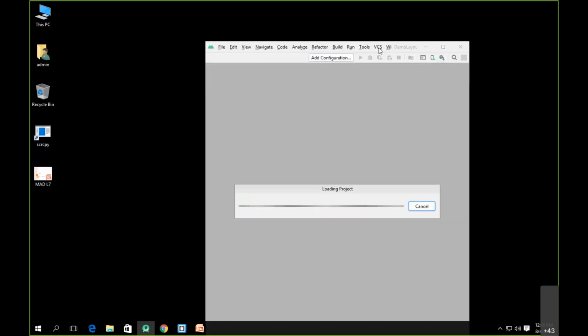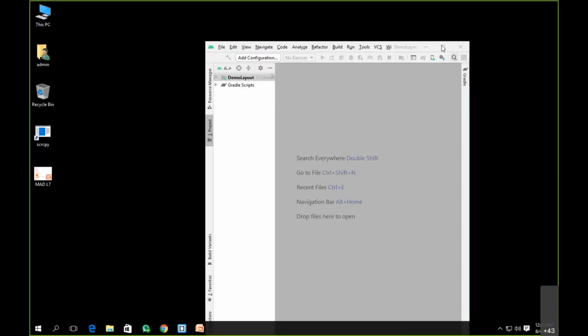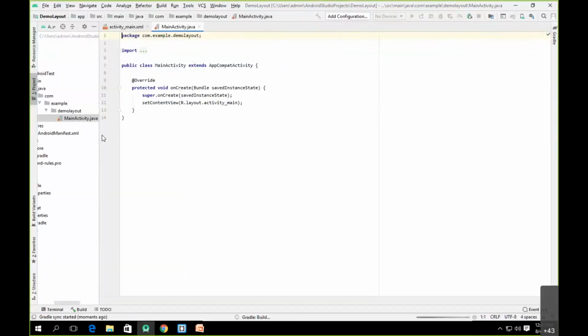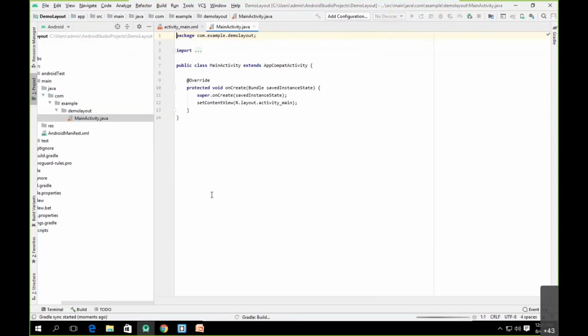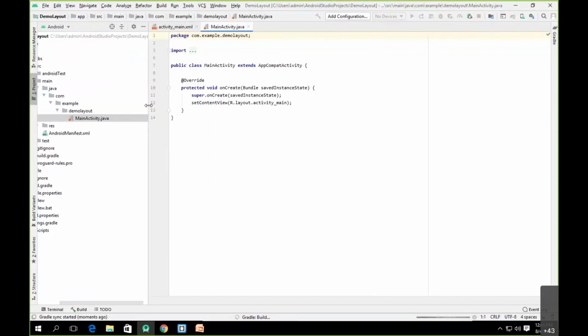As you can see, it will take some time to build the project. Once it builds the project, all the windows and folders will be rearranged. So let's wait till it builds the project.